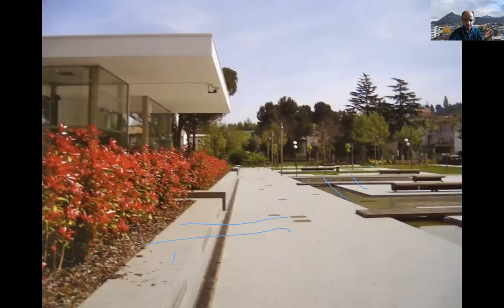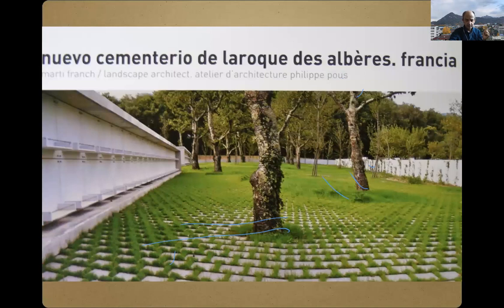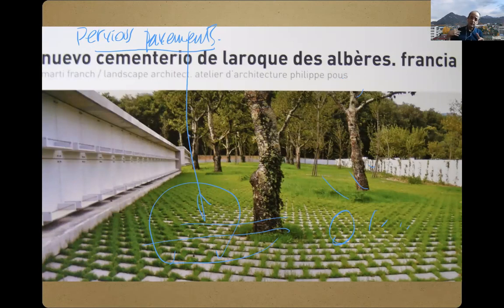Well, it's not very surprising. Something which we commented on, and I think you could consider, is pervious pavements. When you have cars and people who need to go by wheelchair, you need a hard pavement, but if you leave the joints open, you may have green. So it's not really a parking space. We had that kind of parking in Garibondon, right? And you create one space which is actually nice for walking. You can have cars, emergency vehicles, bicycles or wheelchairs, but still green.